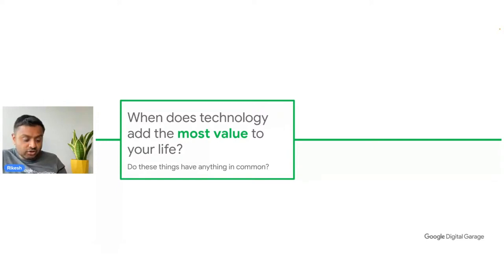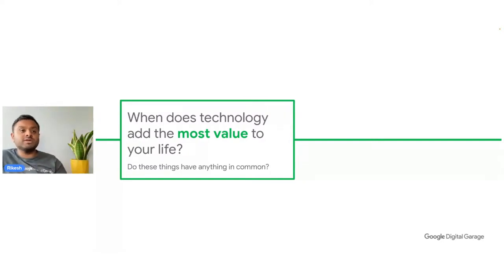I just got a comment here from Cornelius, who's mentioned, I use mine to browse YouTube and Google random things. Yeah, absolutely. I think that's important to mention that you've done these things. So think about whether browsing YouTube and Googling random things, Cornelius, actually adds value to your life. And think about all these other different aspects.